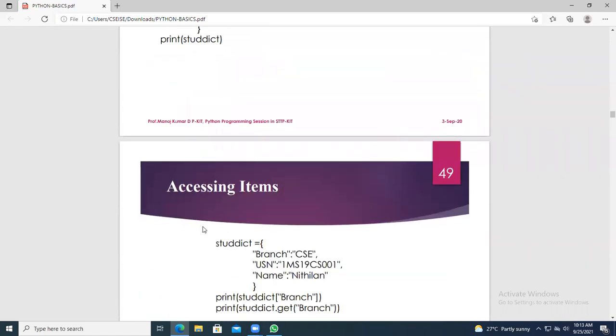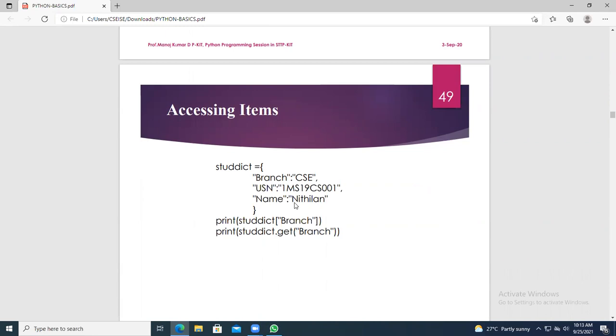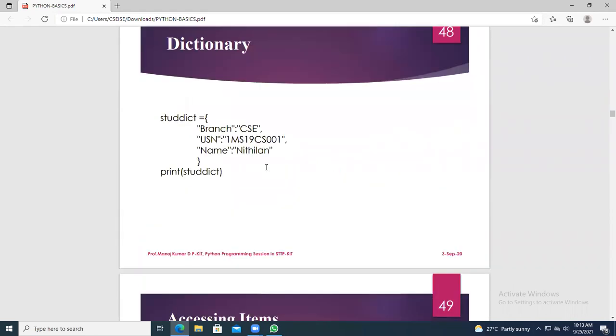Next, you come to accessing the items. There are two methods to access the items. So how many items are there in this dictionary? Can you tell?